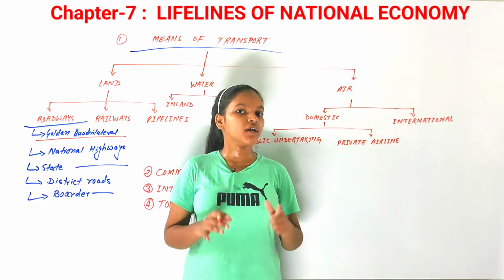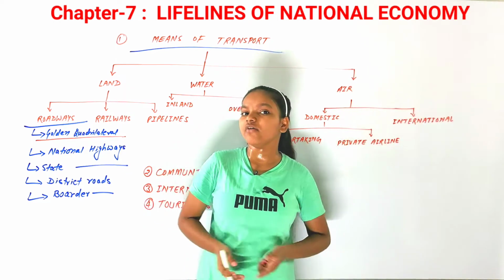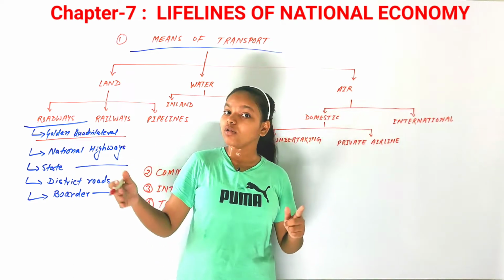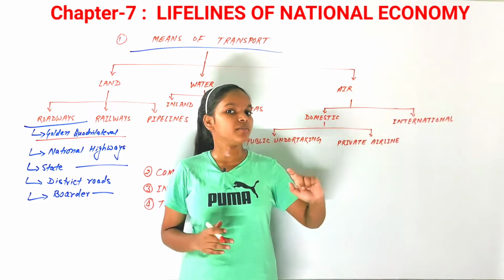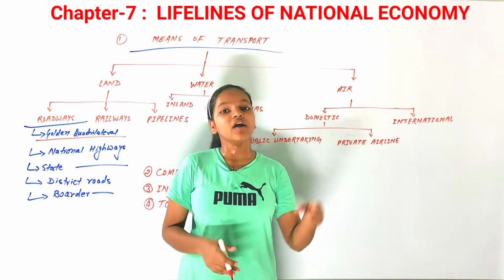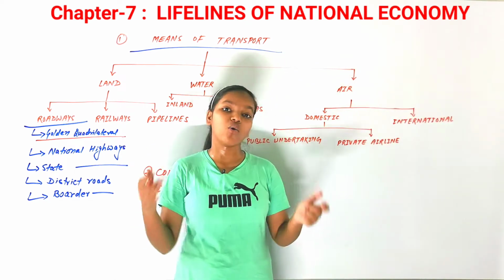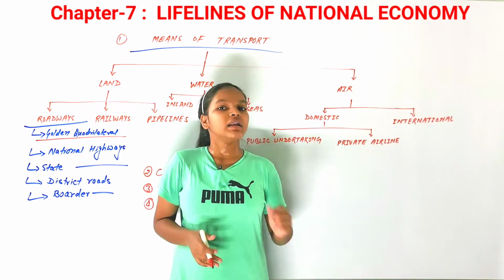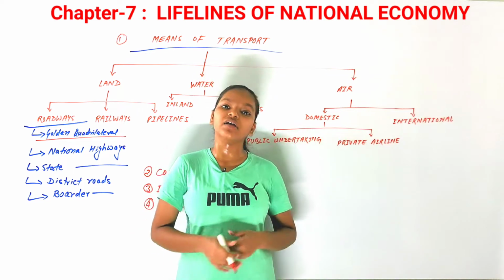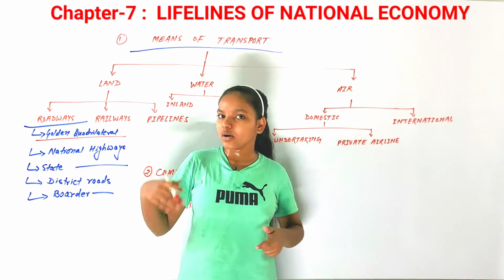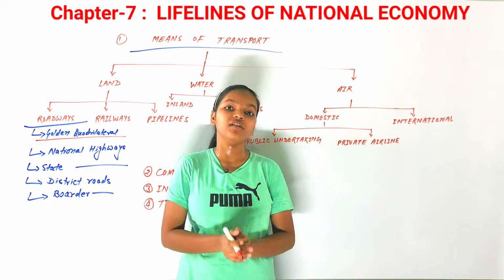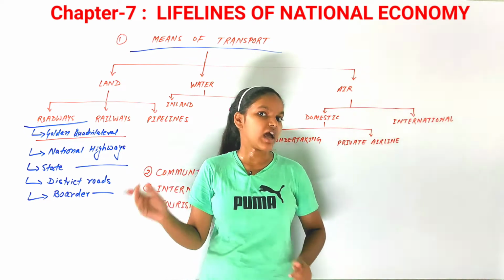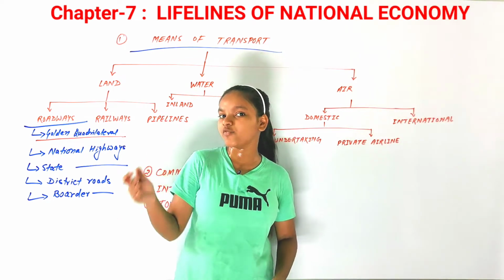The golden quadrilateral is a very big link of roads, like from Delhi to Kolkata, from Kolkata to Chennai, from Chennai to Mumbai, and then again from Mumbai to Delhi. If you connect these points, it would seem like a quadrilateral, and that is why it is known as golden quadrilateral superhighways. These highways are built for saving time, and they are maintained by the NHAI, that is National Highway Authority of India.